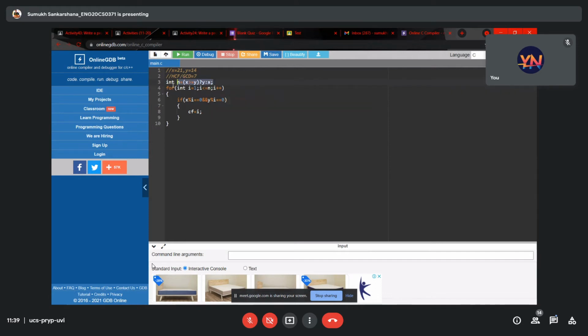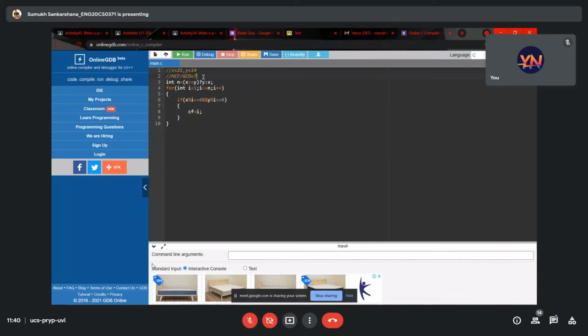Guys, remember, this is not necessary. You can use if and else statement or run till any of those numbers. You can run it till 21, it's going to be the same value. If you run it till 14, it's going to be the same value. But remember, till 14, not excluding 14. You should not exclude 14. So this is how you find the GCD. The CF in the end will give us the GCD of the number.